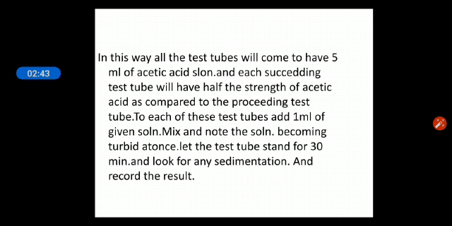In this way, all the test tubes will have 5 ml of acetic acid solution, and each succeeding test tube will have half the strength of acetic acid as compared to the preceding test tube. To each of these test tubes, 1 ml of the given solution will be added, as told in the first line. Now mix and note the solution